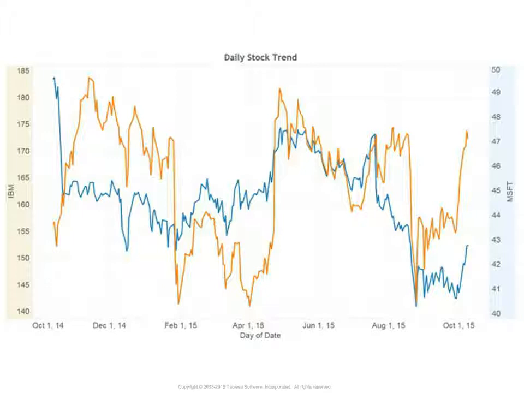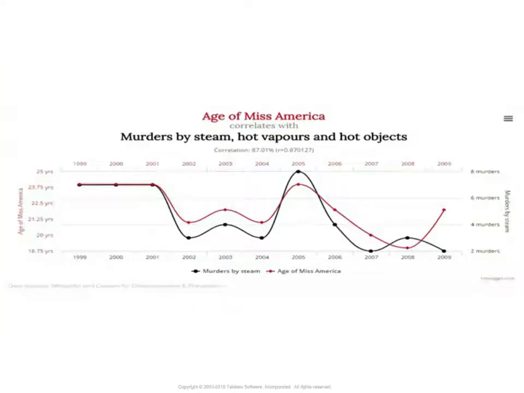But dual axes are a dangerous tool to use because it's very arbitrary how you plot the two against each other. In this particular plot, notice that from February 2015 to April 2015, or actually just slightly less than that, it looks like the two stocks moved together, and then they moved again together from a little before June 2015 until into July. But that all depends on exactly how you correlate the two lines against each other. And in fact, it's very easy to find just two arbitrary trend lines against each other.